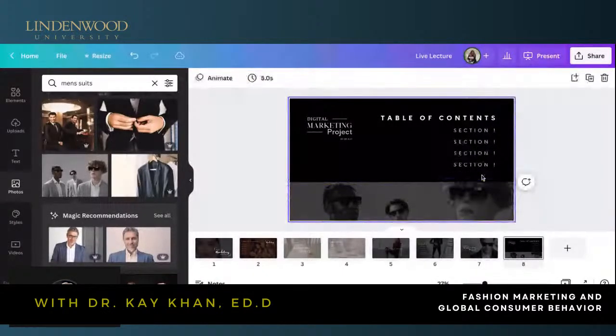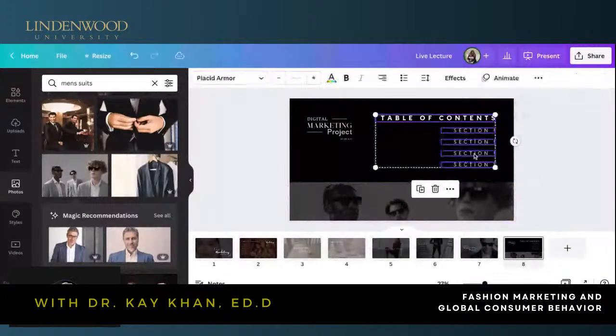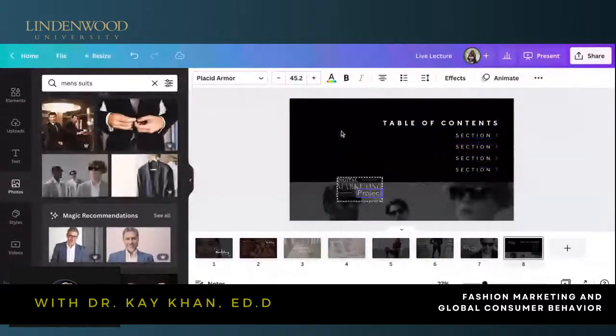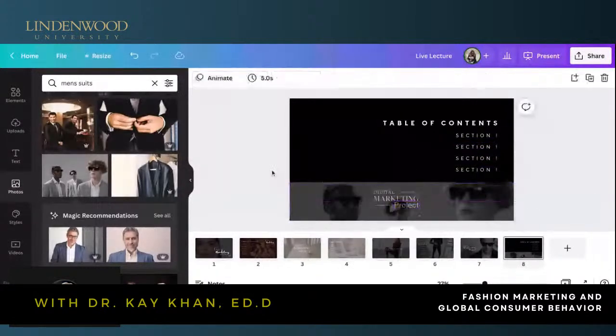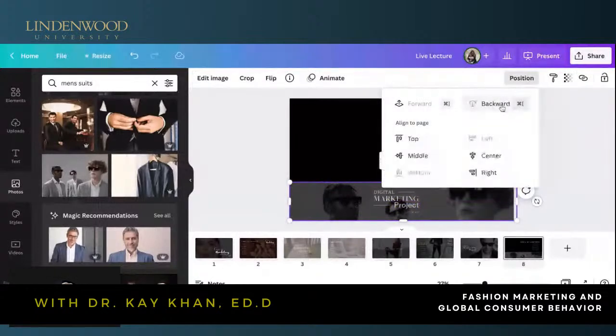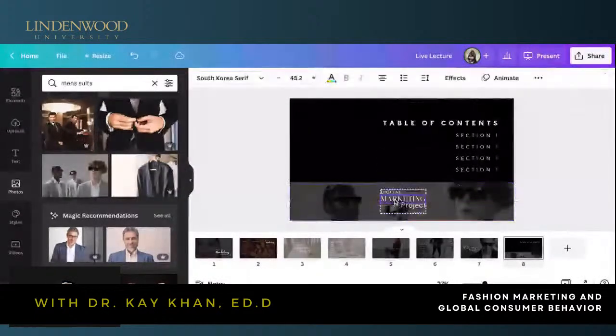Let me take this section off because it's too close to the picture. Bring this down here. Bring this down here. And I'm actually going to place this right here in their picture. So that looks clean. And let me position this backwards so that this appears brighter. Okay. So that's my men's project.